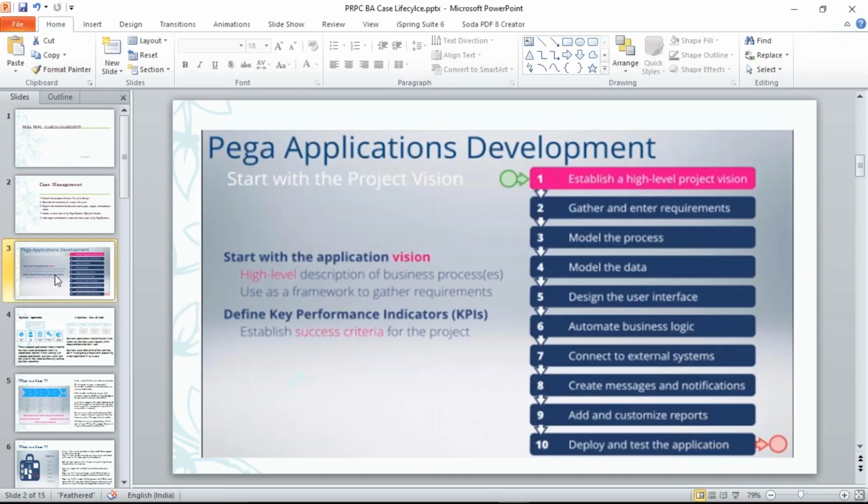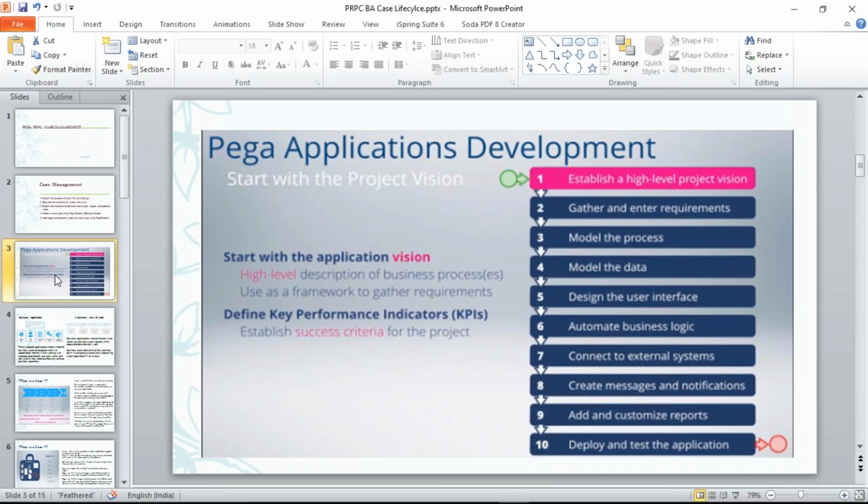So normally a Pega application works as a 10-step process. Initially they will tell you that we need this particular region of the project. There we get the objectives, which come from the business people or business stakeholders. There are multiple people involved.